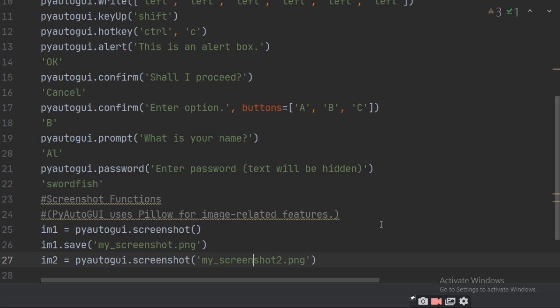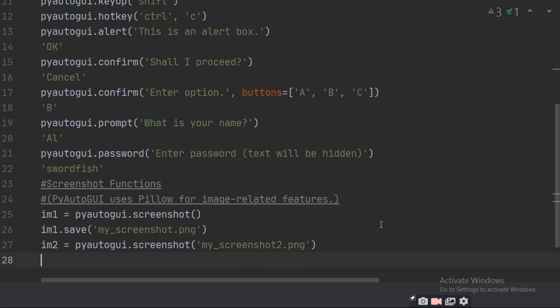And then you come out, and now you can take the screenshot from the computer. For that you have to write im1 = pyautogui.screenshot. Then im1.save my_screenshot.png.